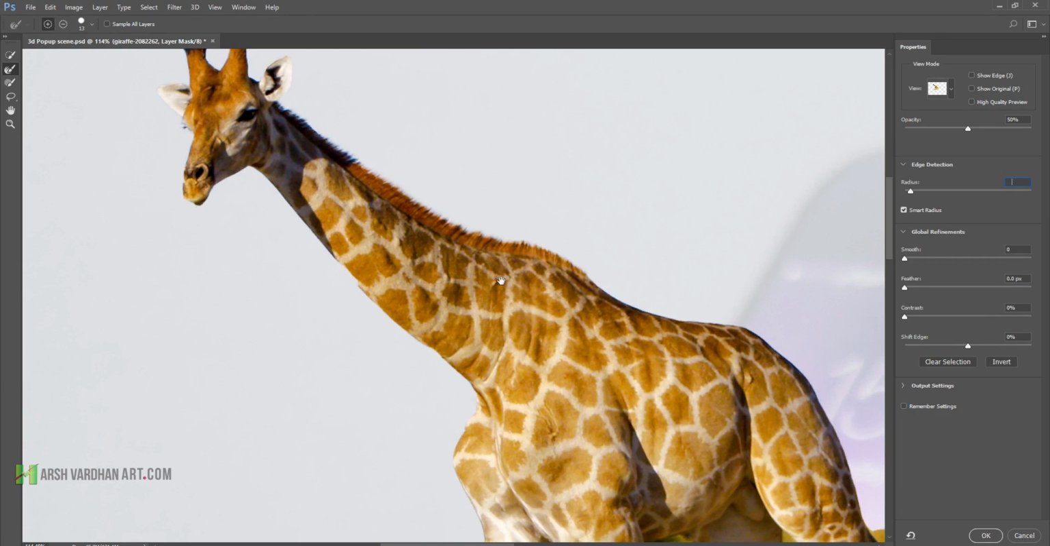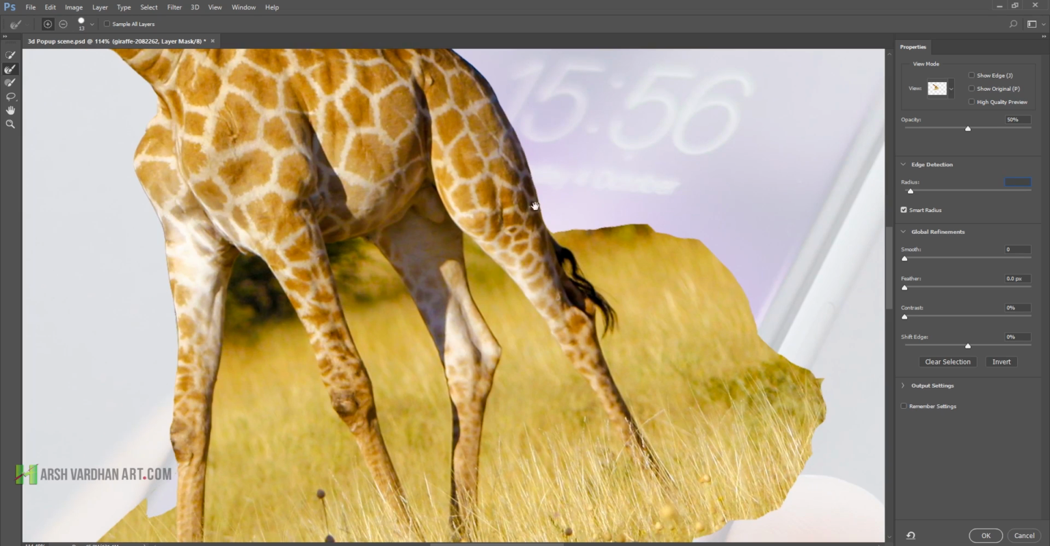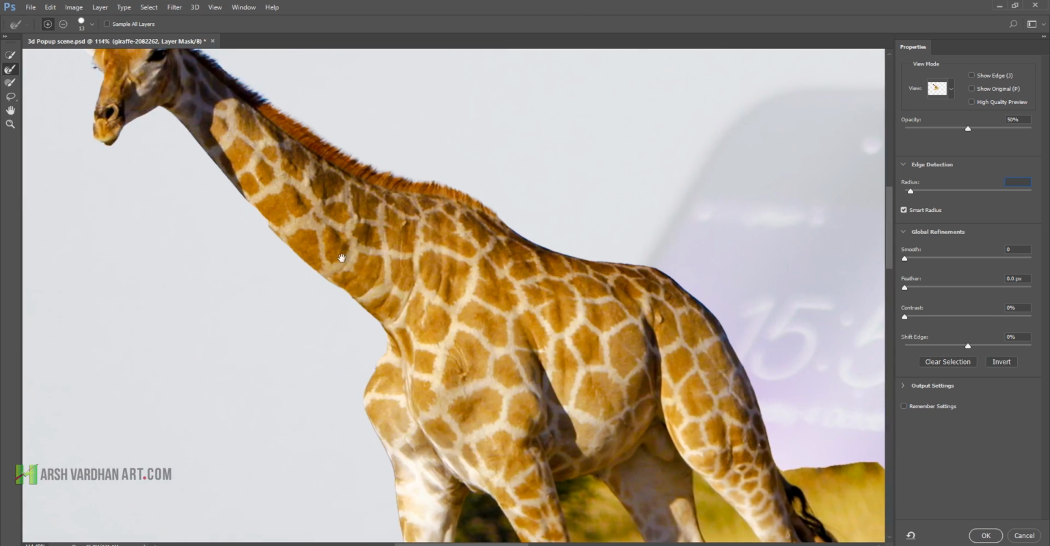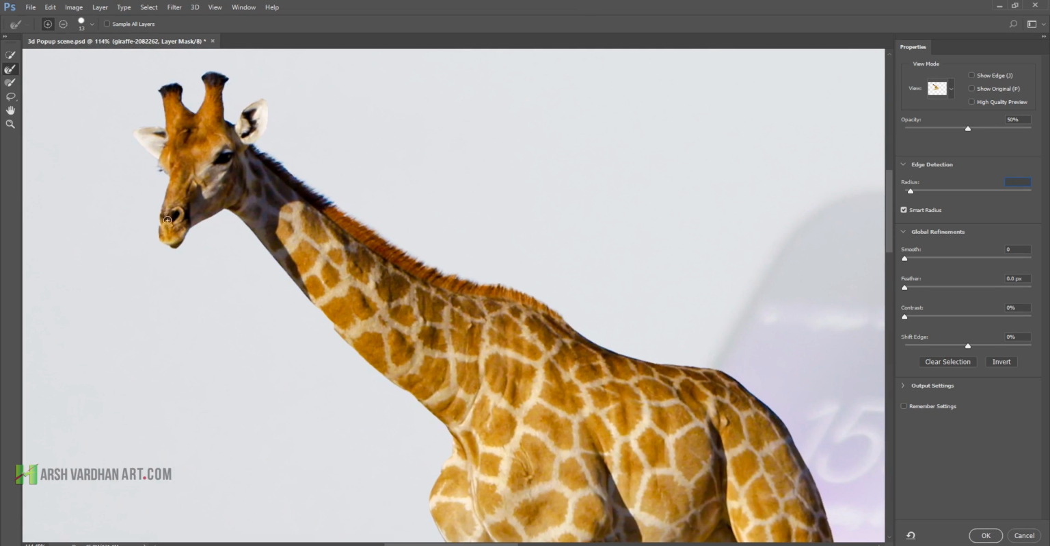Okay, and over here we don't need that, over here as well we don't need that. Okay, so now it's fine. Add a little bit from here as well, and press OK. Alright, so let's smooth the edges a little bit, increase the feather to 2.5, increase the contrast a little bit,